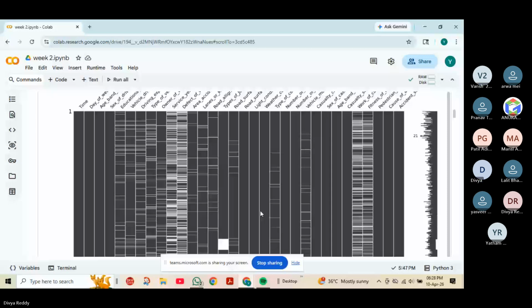Okay. So I have visualized the missing values here so that I can understand where there is a missing value. Based on the intensity of the white lines, we can understand how many missing values there are in each column. So next we can go